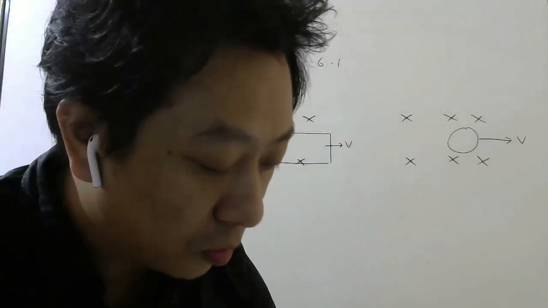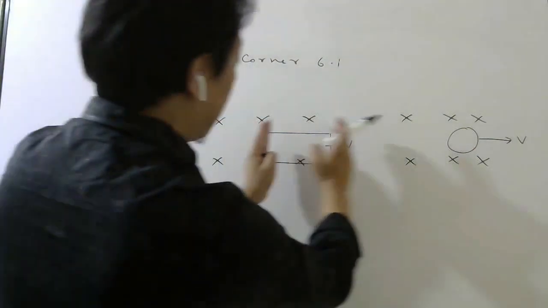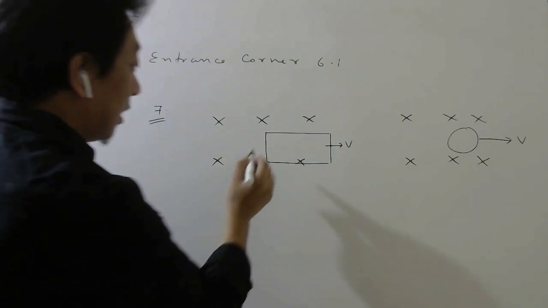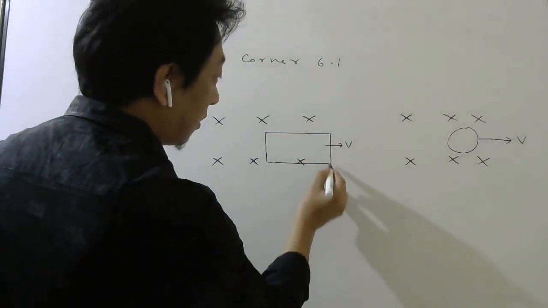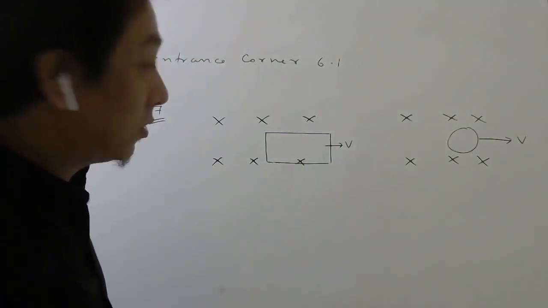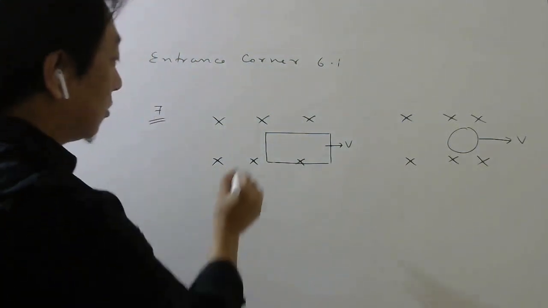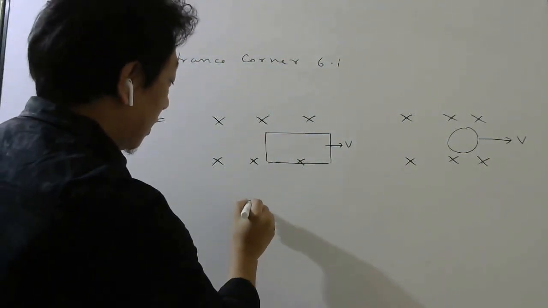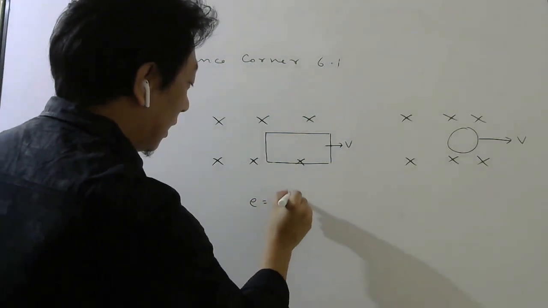region? Only when it is coming out, remember, that time the flux will change. Correct or not? So there will be EMF induced in this one, not in this one, okay? In this one, because this is out of the magnetic field. So there will be BLV, right? This will act like a battery, I have told. So EMF induced here will be BLV.